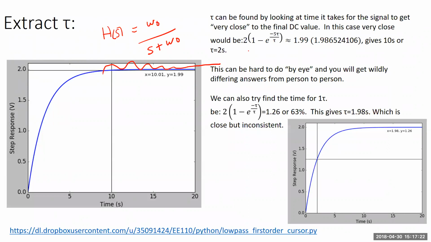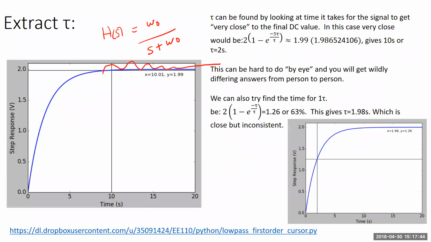It might sound like I'm hand waving, but no. Because 5 tau isn't really 0, and in fact, it's always increasing. It never really becomes constant, right? But it's